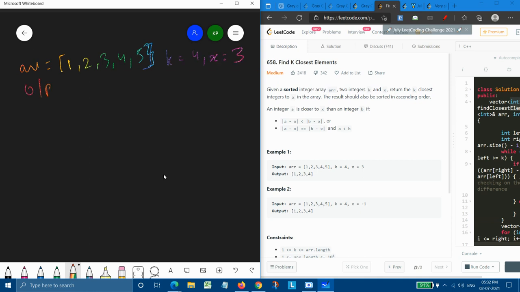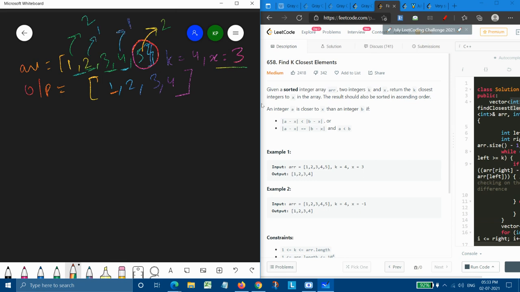So our output should be a vector of size k, that is 1, 2, 3 and 4. One thing is, why haven't we chosen 5 as our output, and why have we chosen 1? We are checking the difference with the x element. The difference of 5 with x is 2, and the difference of 1 with x is also 2. Here it is 1 and here it is also 1.